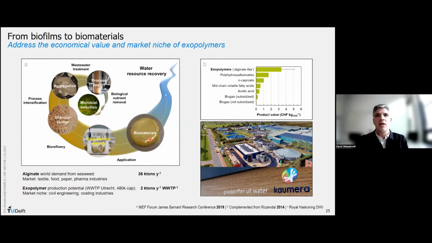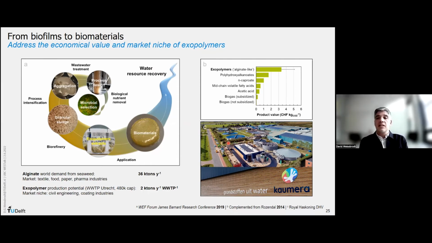So this is an illustration of how, by understanding the microorganisms, by granulating and extracting the polymers, we can produce biomaterials for the circularity of the water chain, the water resource recovery facilities. Here is one of the first wastewater treatment plants in the Netherlands that implemented this extraction of exopolymers to produce these valuable biomaterials. And there is a second wastewater treatment plant in Utrecht, also in the Netherlands, that will open the second process at full scale